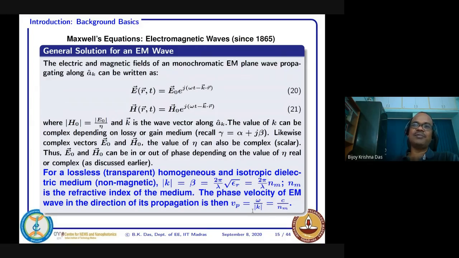When he says something, that means some object, some particle maybe, an object-like thing having some mass, or it may not be mass, but it can be energy. If you consider the energy of an electromagnetic wave, that will not actually follow this phase velocity. We discussed that this wave is propagating with a phase velocity omega by beta, which is c by Nm. That is true, but whenever we are considering energy,